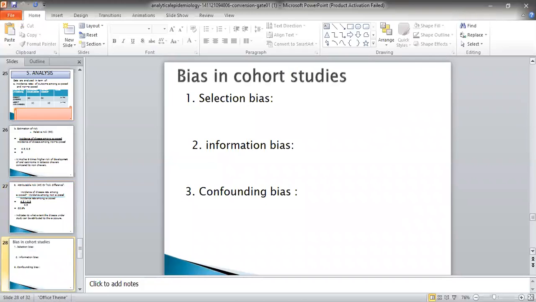Bias in cohort study, again the same as I told you in case control study. Bias can be selection bias, by selecting the study sample. Information bias हो जाता है. ठीक है? Introvert bias हो सकता है और bias due to any confounding factor. Confounding factor I told you last time in very detail about confounding variables. ठीक है? और फिर I told you how to prevent a confounding factor through matching. ये सारा मैंने आपको बताया था.